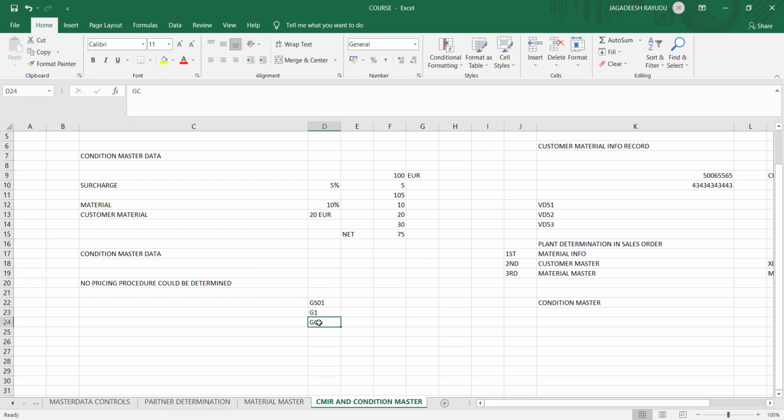For this sales area, when you try to enter a document type, you get the error. So take your sales area: GS01 plus G1 plus GC. For which customer are you getting this error? You are getting it for a certain customer, right? Let's go back to this customer.